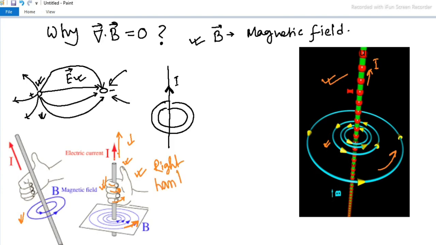Okay, so the right hand rule you are going to apply to find out the magnetic field direction, right? Now, if these charges are moving with uniform velocity, or I can say that if this current is a steady current,